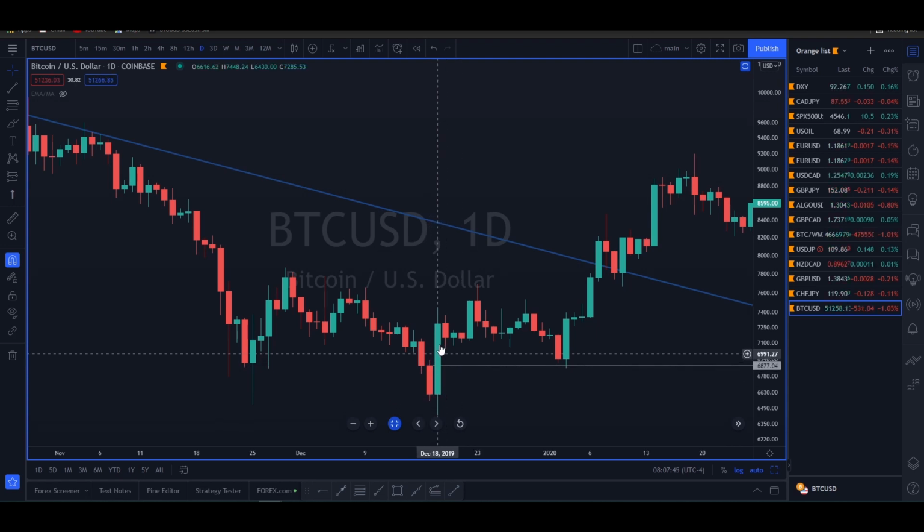Once price trades away from the demand zone, you are looking for price to trade back into the demand candle's open. Once it trades back to the bearish candle's open, this is when you're looking for possible bullish entries. And you can see finally on January 3rd, this happened. Once price hit the demand